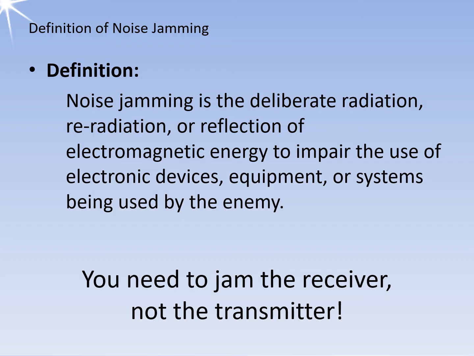In any case, this worsens the signal-to-noise ratio in the radar receiver and thus the probability of detection of the radar. It's important to remember that you need to jam the receiver, not the transmitter. Example given: it is not practical to jam the interrogator of a secondary radar since it would require a significant amount of jamming power. The transmitter operates at 1030 MHz, while the transponders operate at 1090 MHz.